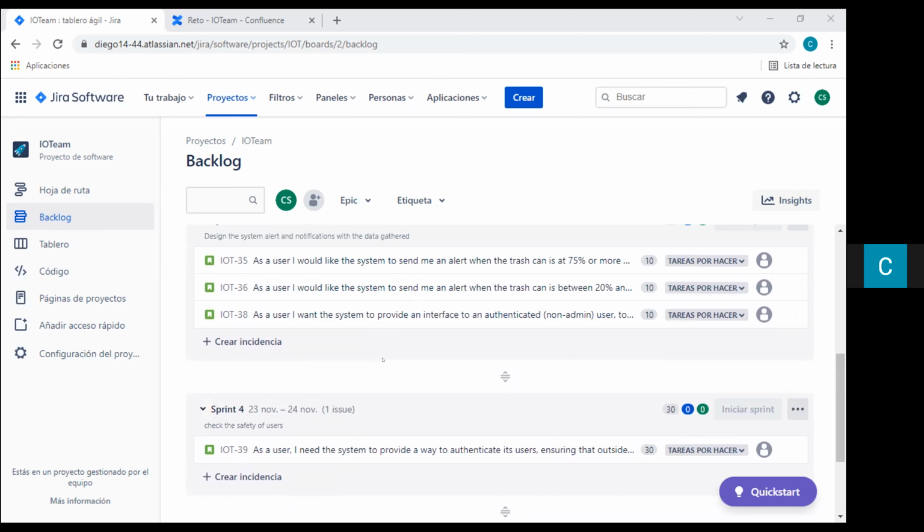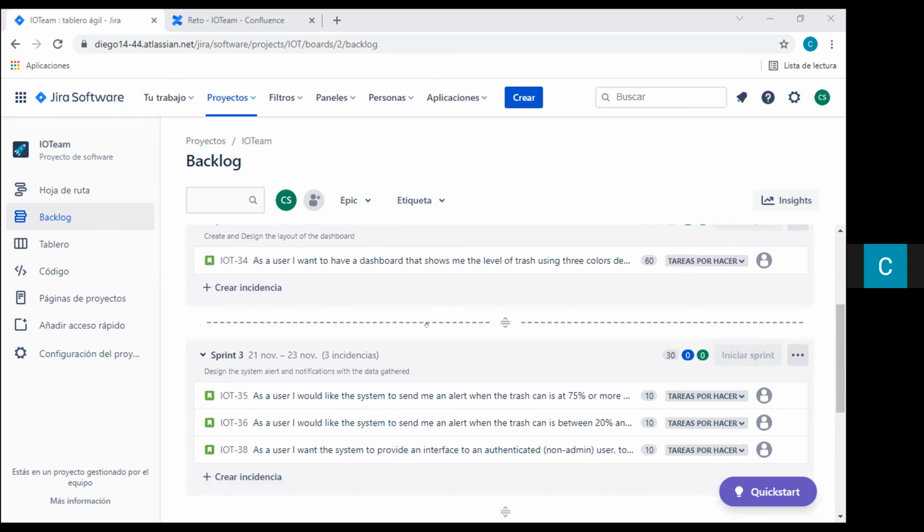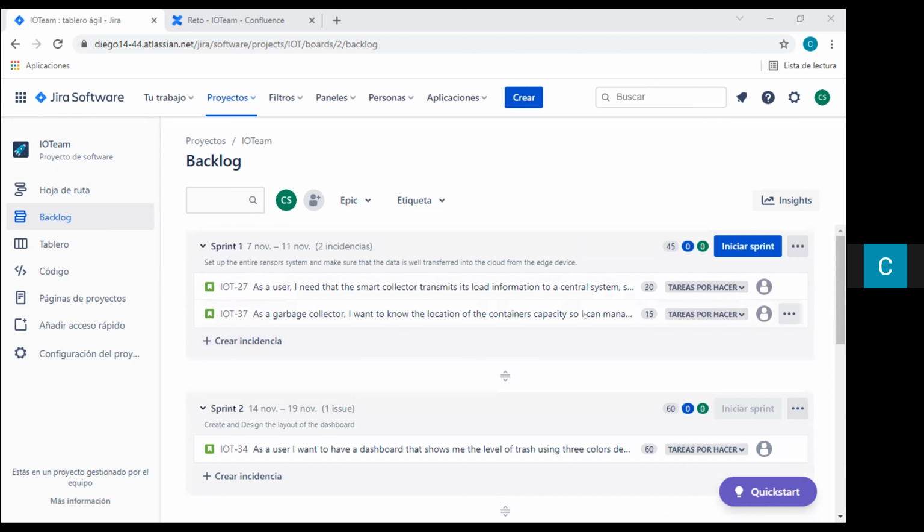For the story points, we created a system where a point represents 2 hours per member, for 3 days, for example. This we're going to do in 3 days, and this in 1 day and a half. So it's a total of 45 hours, which is equivalent to 4 days. This one we're going to start on November 7th to November 11th, that is the second week of the next